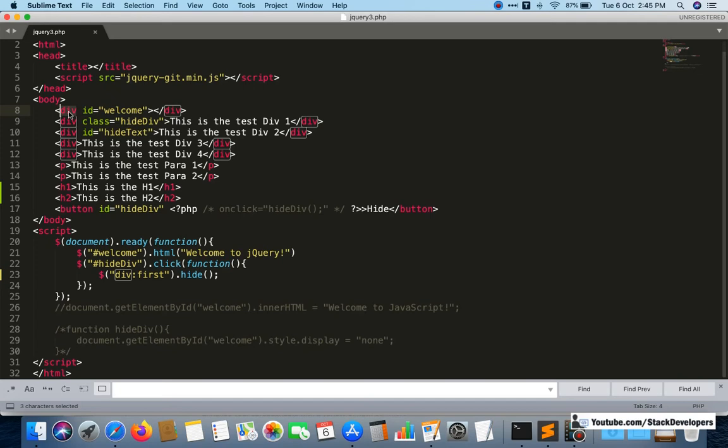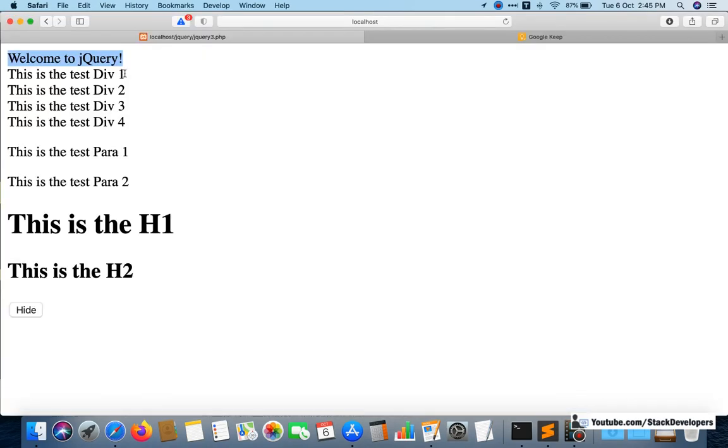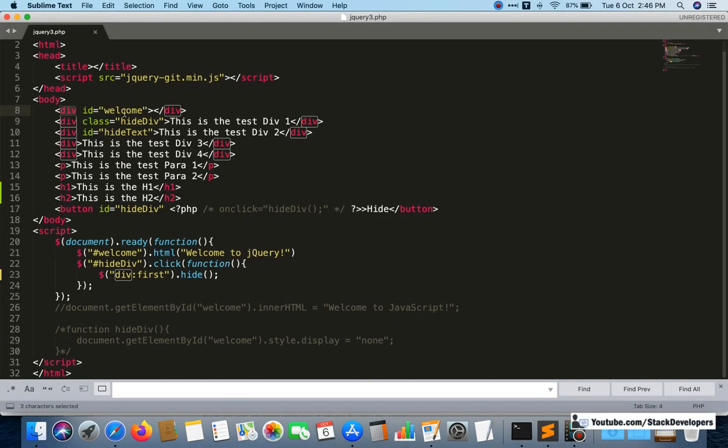You can see here, this is also a div. I was mistaken, I thought this was the first div, but it is not. jQuery knows which one is the first div and it can correct you as well. So this is the first div and it removes this one.